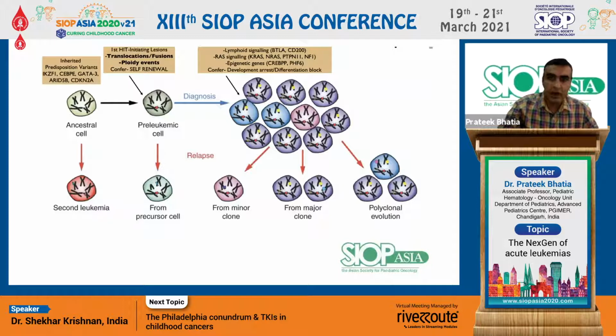And these primarily are copy number variations or single nucleotide variations, which are somatic in nature and occur in genes related to B cell development, cell cycle or tumor suppressor, the RAS signaling pathway, and epigenetics, and they confer a developmental arrest or differentiation block. In BALL, up to 3 to 4 such genetic events may be noted in a particular leukemia, whereas in TALL the burden is a little higher, and if we go into the solid malignancies, it's still higher.